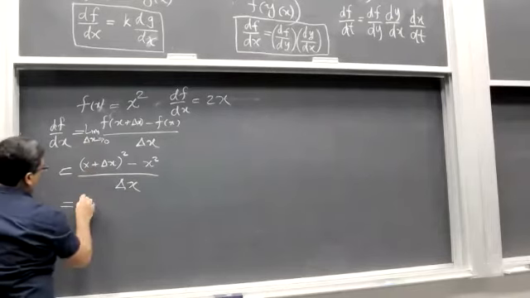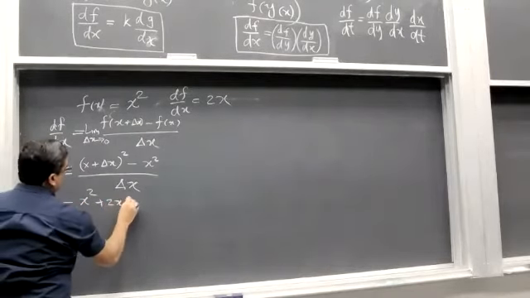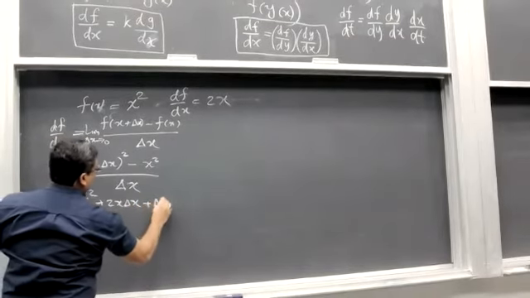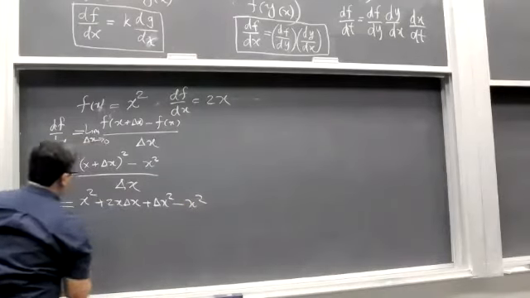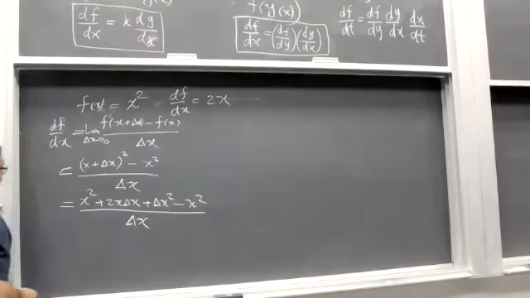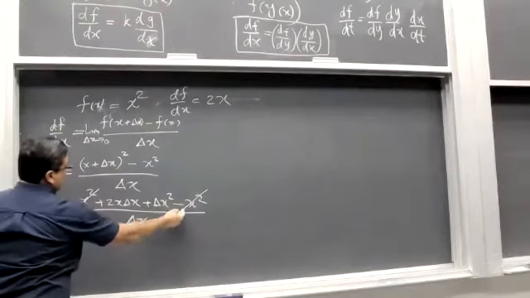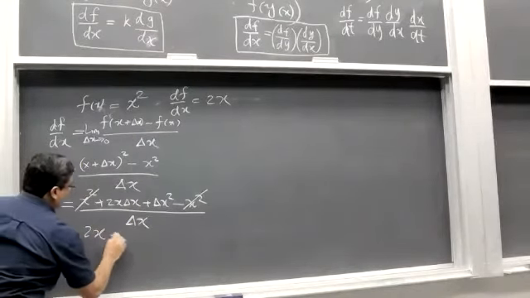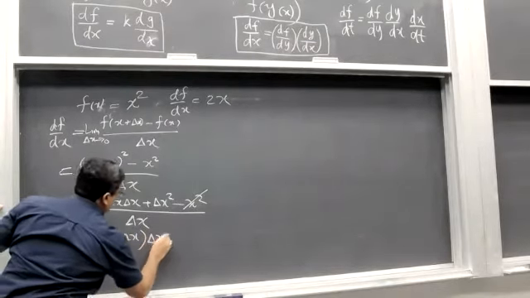Now if you open this square, you get x squared plus 2x delta x plus delta x squared minus x squared over delta x. This cancels with this, and you can take the delta x out. So this becomes 2x plus delta x times delta x